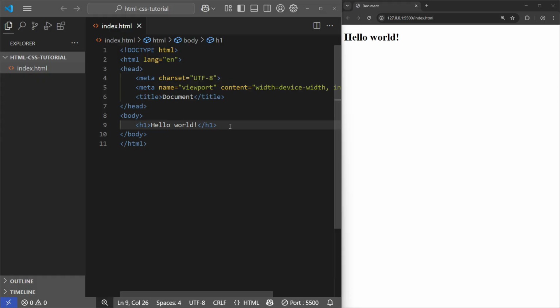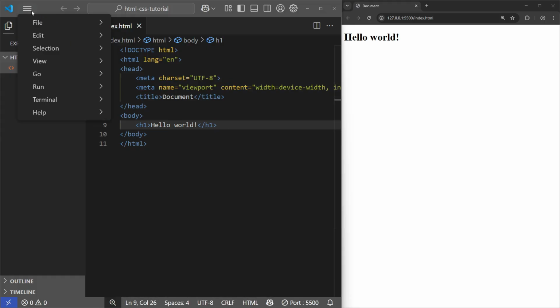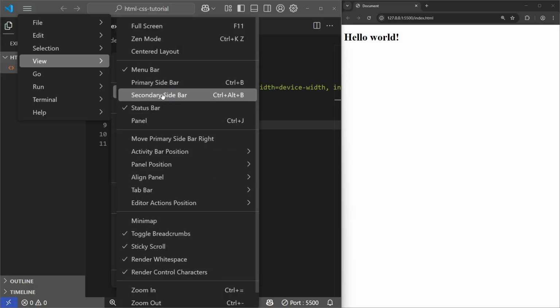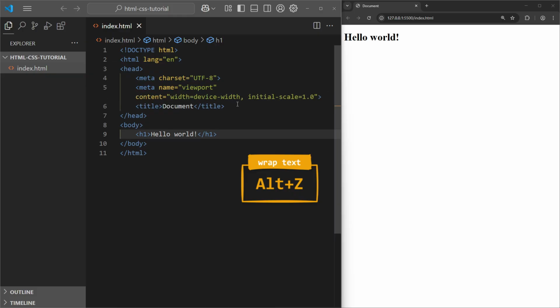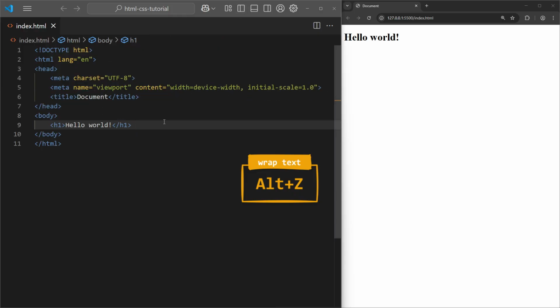Optionally, you can hide the status bar at the bottom by going to View, Appearance, and unchecking Status Bar. In order to wrap the code to the width of VS Code, you can press Alt and Z. I will also hide this sidebar again, and now we have maximum space for coding.